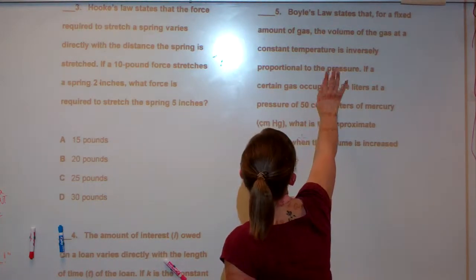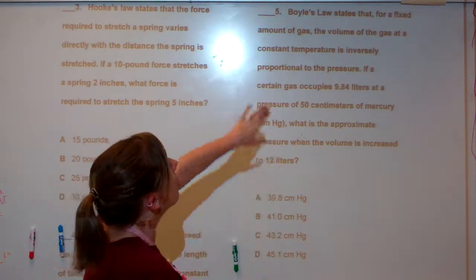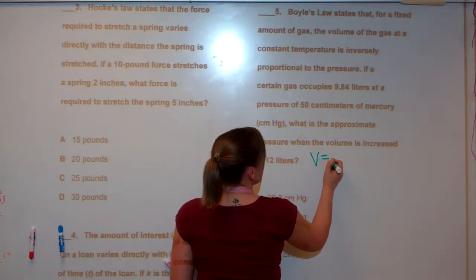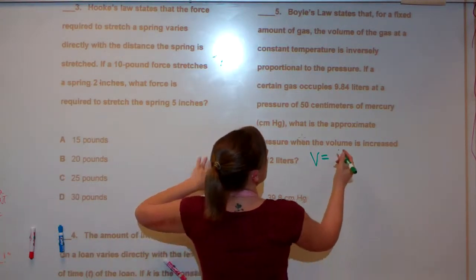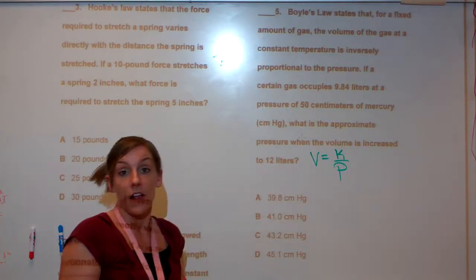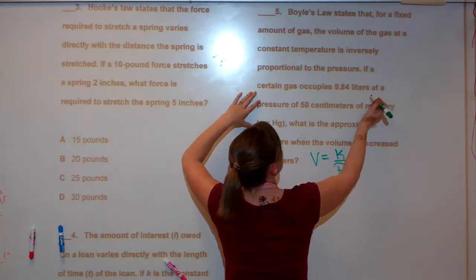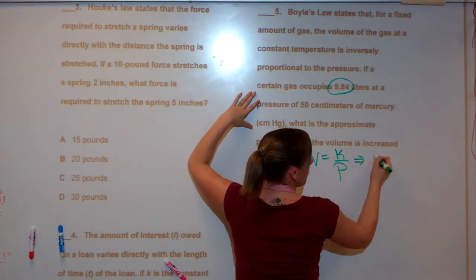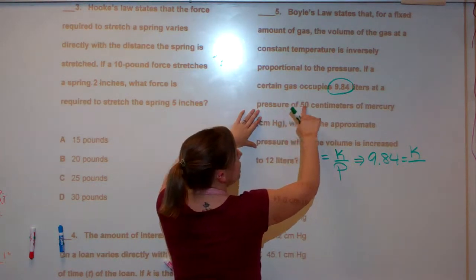Okay, but this one is inverse variation. So the formula is going to set up a little bit different. The volume of gas at a constant temperature, so again, that's V equals, is inversely proportional. So that means I divide it by the pressure, and I'm going to say P for pressure. That makes it easier for me to substitute. If a certain gas occupies 9.84 liters, so that's the volume, 9.84 equals the constant over pressure of 50,